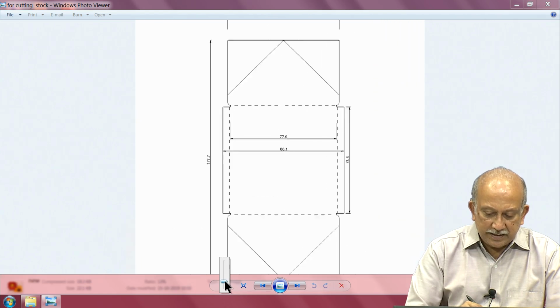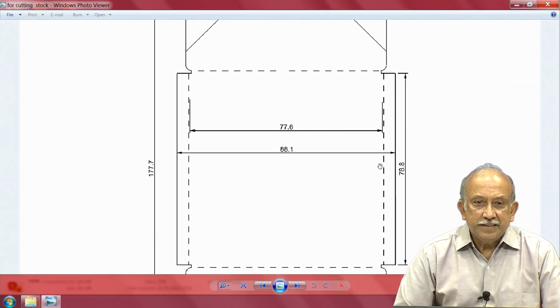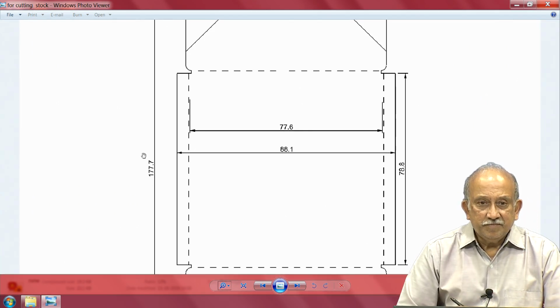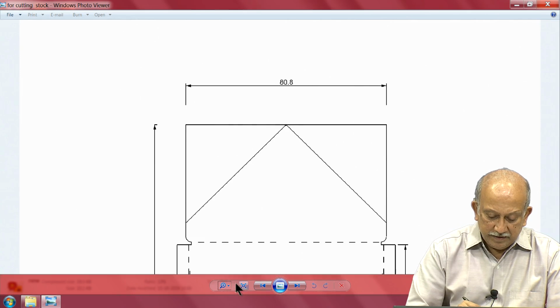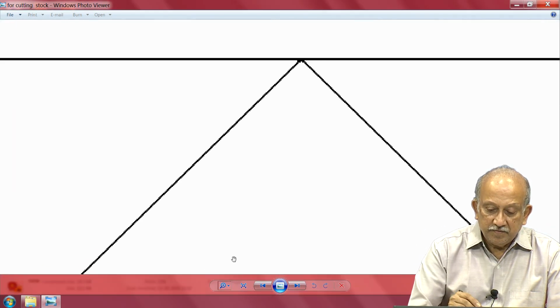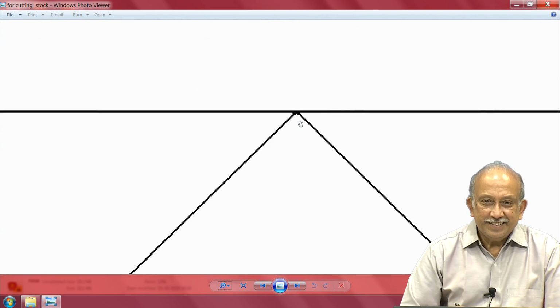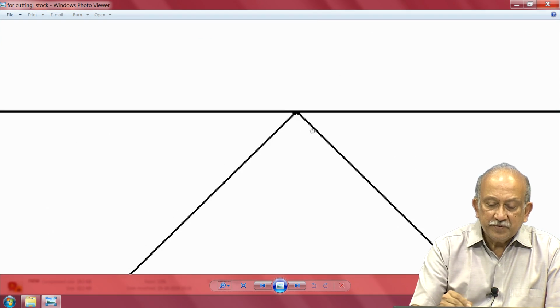So, if I see here, I need a blank that is 88 millimeters wide and 177.7 long. That small 0.7 comes because we have a radius, and that radius has been approximated to a sharp angle.